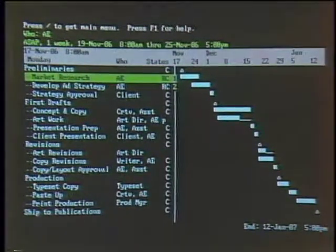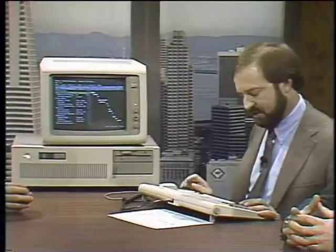Also, a couple of other things. Notice our arrows are gone. If I want to take a look at the before and after, I can do that. Here's the before. There are my conflicts. By the way, no overlap. And there's the after with the overlap. So you've saved the 2 days, but...